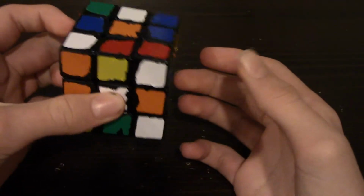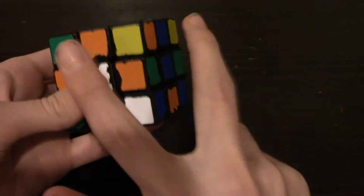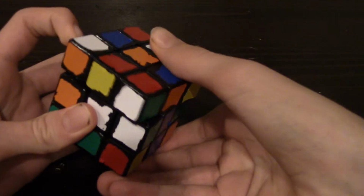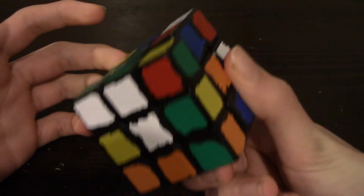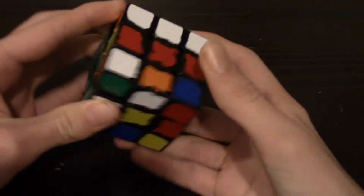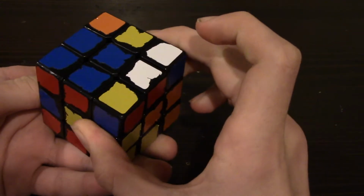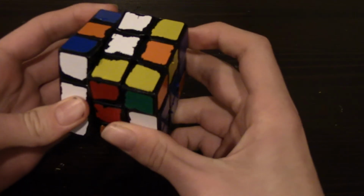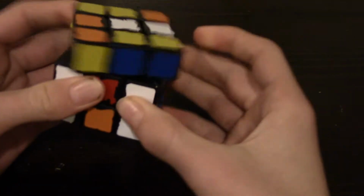So what I could do here is do this to separate these two, in effect, and solve this DR edge, or DL, sorry, and then I can do R2, F2, and then F2 over there to put my hand in a good position, one for the F2, then two to solve this pair. We'll kind of solve that. I've got this pair in the back, so insert, this corner's in the back, so regrip, and I did not account for that edge going in there, so I'd have to fix